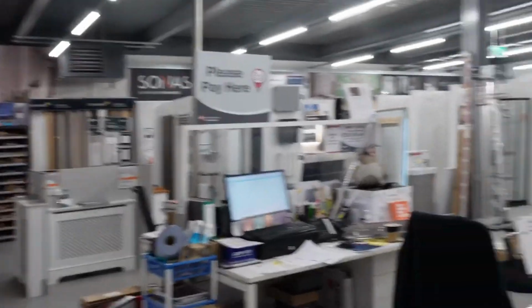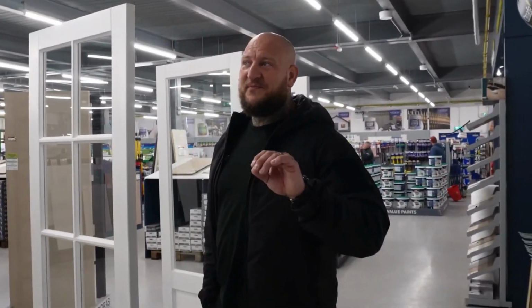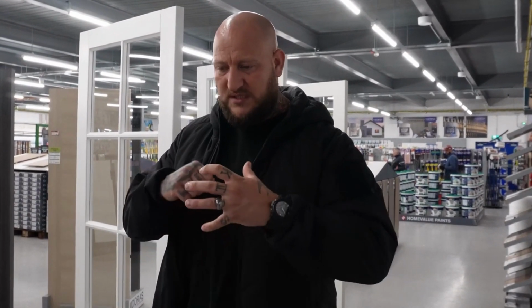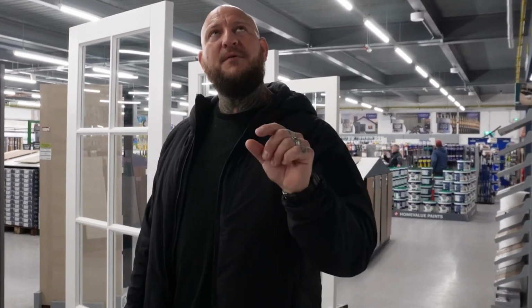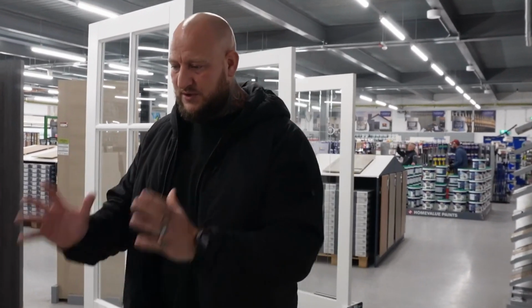Here we go. We're just having a little look around. Having a browse round. Trying to work out the blend. It's like a blend of merchant. It's a blend between a standard builder's merchant, like bricks, blocks and slabs, and then a DIY shop, like Trade Point. Or even like an independent handy hardware shop. You know, like Trade Point have got that blend though, because you've got your B&Qs, and then